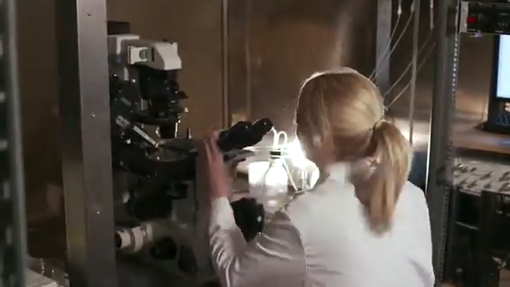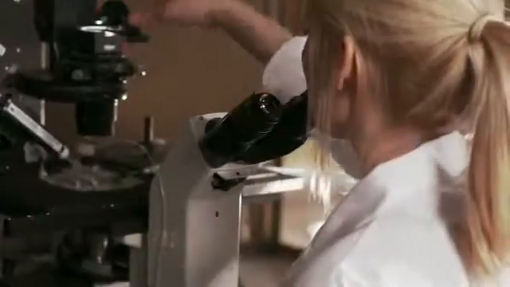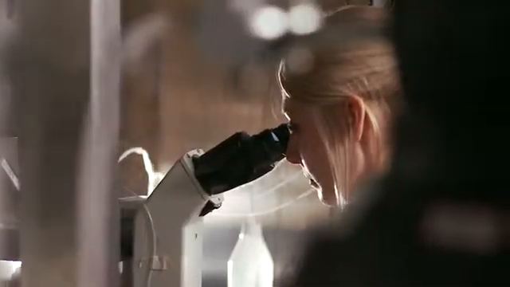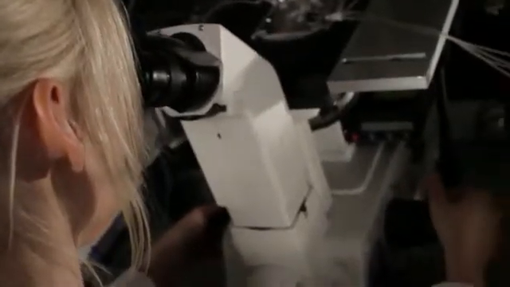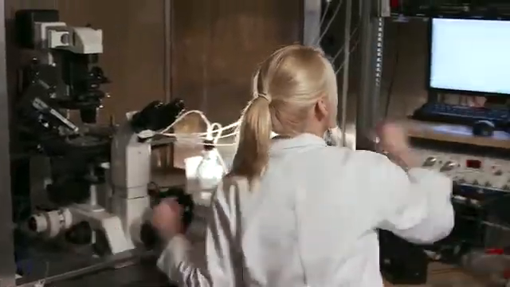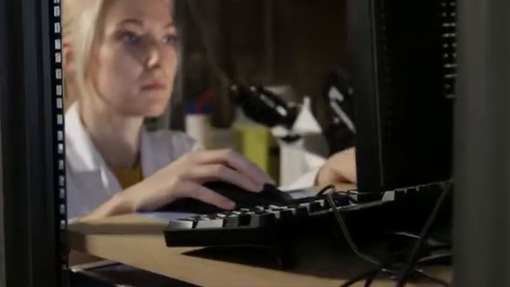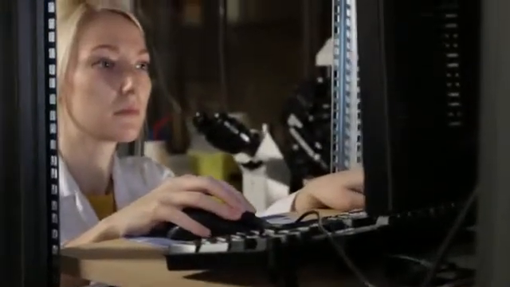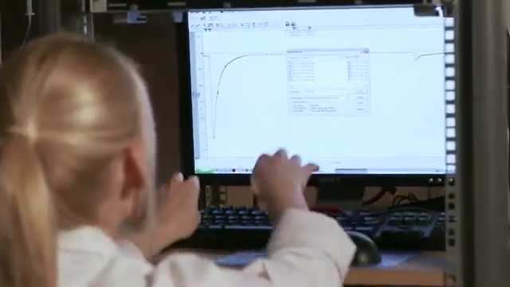My name's Becky and I'm a third year PhD student here at the Medway School of Pharmacy. My role involves doing experiments on a day-to-day basis, and my particular project is looking at proteases and sodium reabsorption in the kidney. To do that I need to culture kidney cells, and then I use patch clamp electrophysiology to measure the ion currents from the ion channels in the membrane.